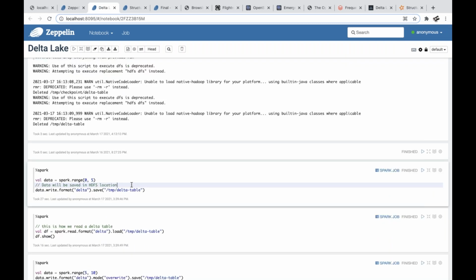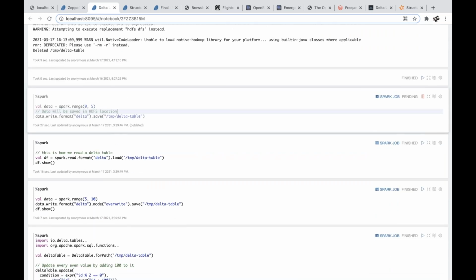What we do, we are creating a range for us starting from 0 till 5, and we will write it to our Delta Lake. That's all. As you can see, it's very simple and very easy. We just need to put data, write, format, and Delta. Nothing more. We are specifying the location, and it is saving it for us to our location.